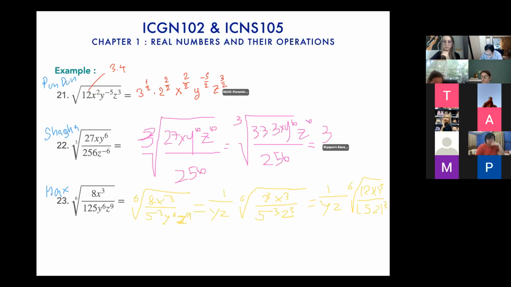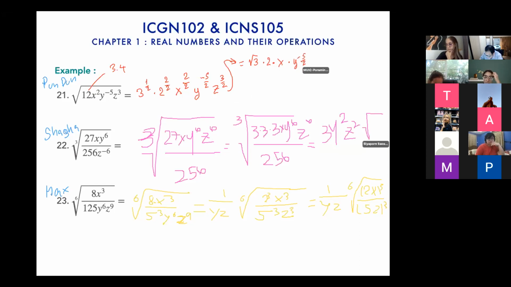After that I change it to be square root 3 times 2 times x times y to the power of negative 5 over 2 and times z to the power of 3 over 2. Anything that is a negative exponent, I put it down